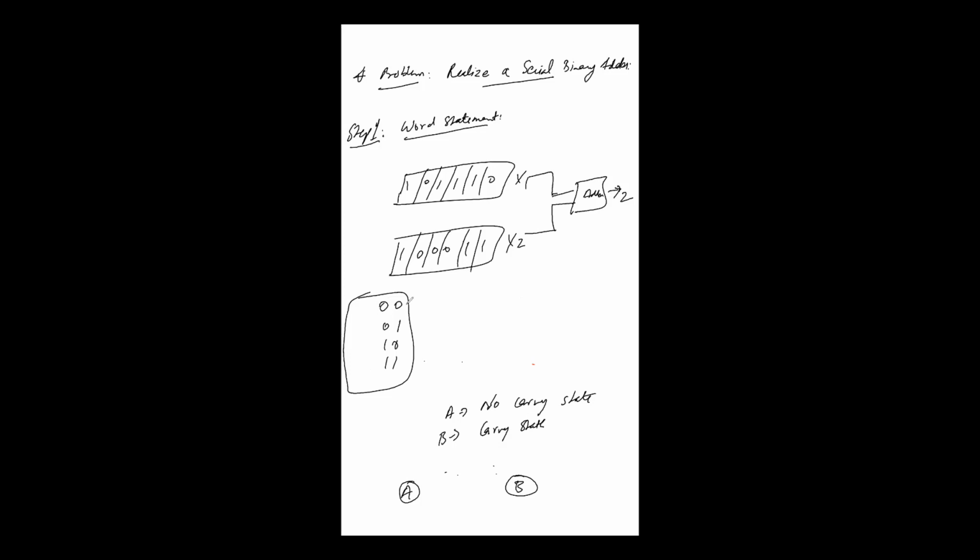And if the numbers are 0, 0, if you add 0, 0, you will again get carry 0, which means it is in state A only, right? If you are giving an input 0, 0, it will have no carry and it will remain at state A, and what will be the sum? Sum will be 0, right? So this is the input you present and this is the output, and it remains in the present state only, that is with carry 0.